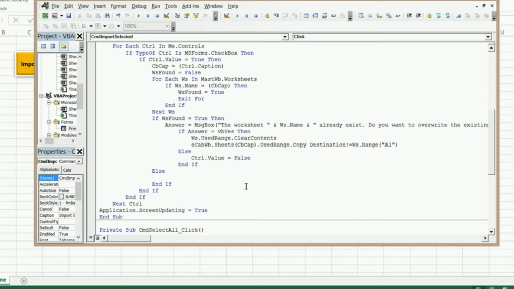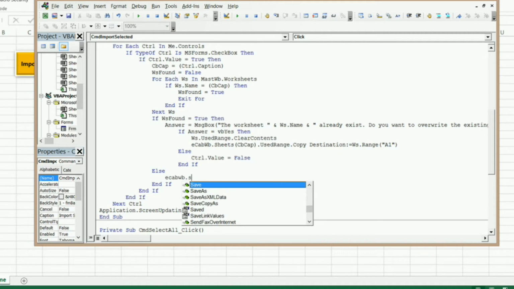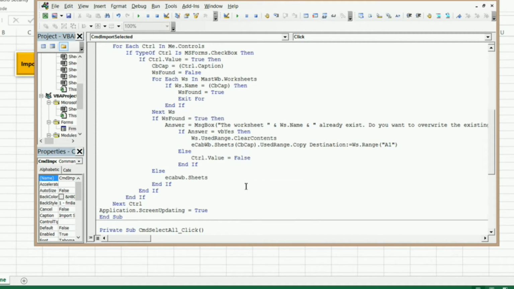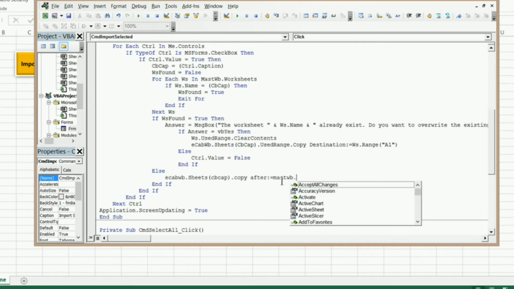So I'm going to say eCab WB dot sheets, and in parentheses again I'm going to tell it what sheet. That's going to be CBCap dot copy. We want to copy it after the very last worksheet that is currently in our master workbook. So I'm going to need after, colon, equals. Copy after what? The master workbook dot sheets,